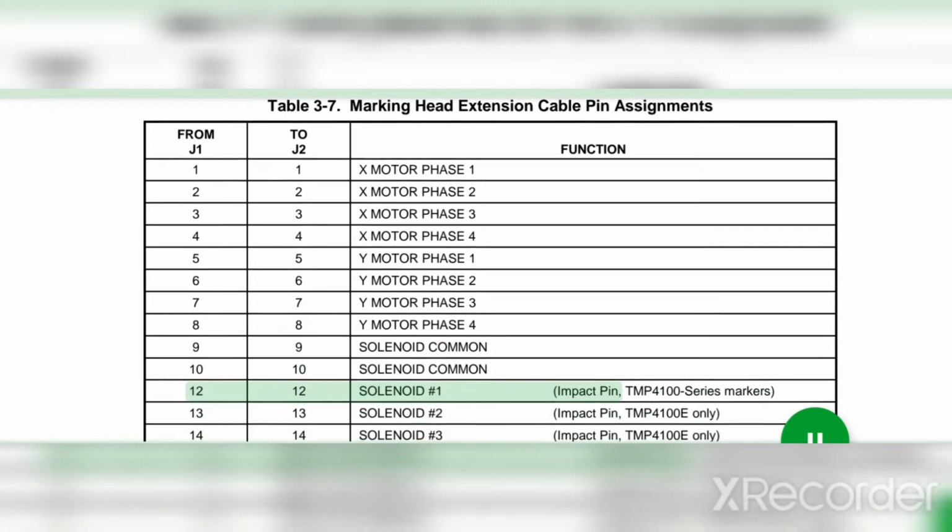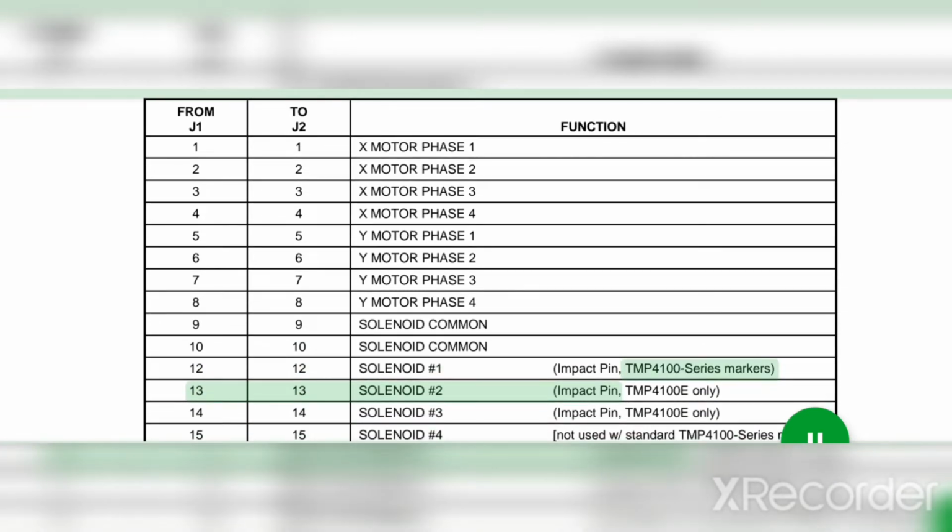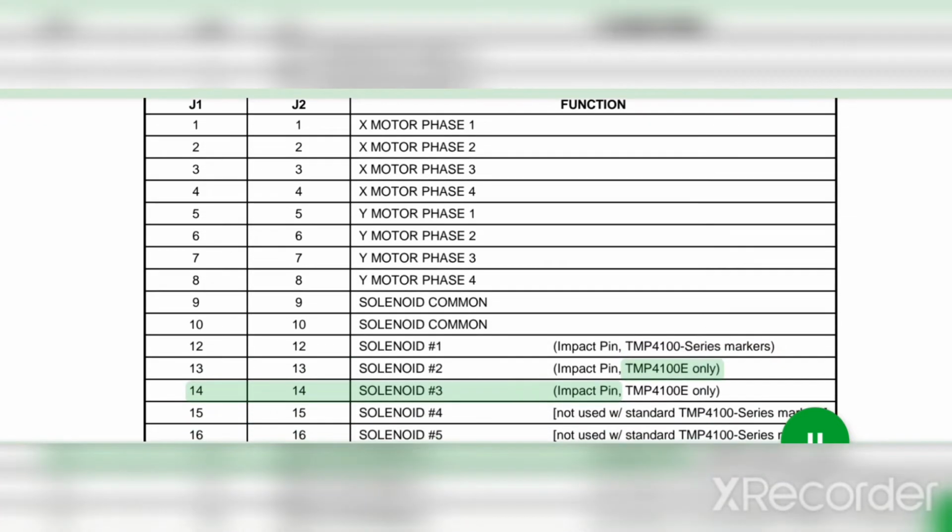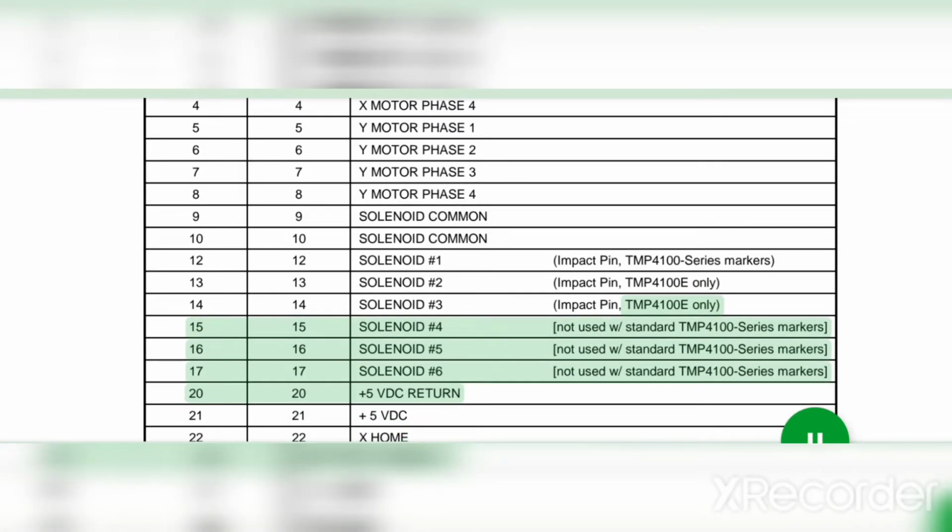10 solenoid common. 12 solenoid number 1 impact pin. TMP 4100 series markers, 13 solenoid number 2 impact pin. TMP 4100E only, 14 solenoid number 3 impact pin. TMP 4100E only, 15 solenoid number 4 not used / standard TMP 4100 series markers. 16 solenoid number 5 not